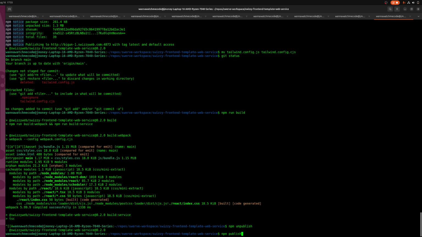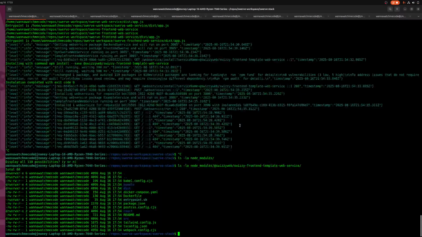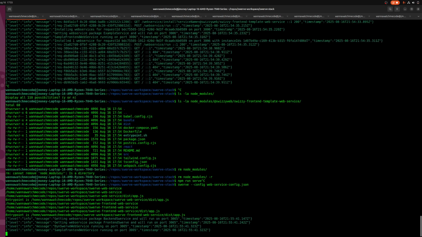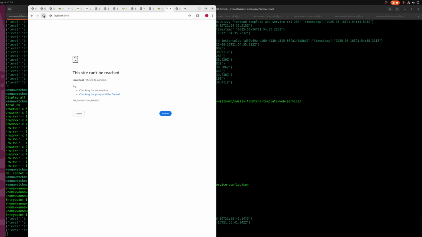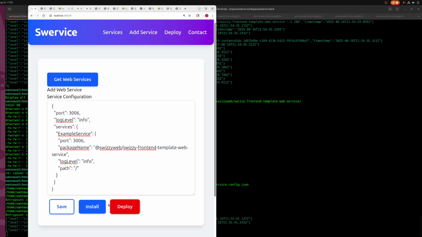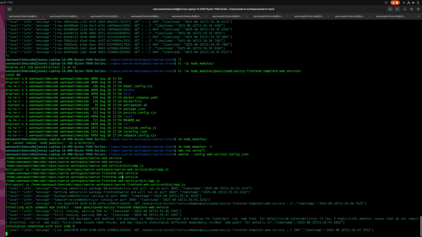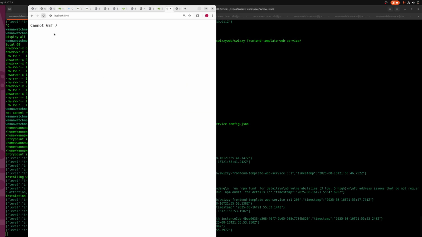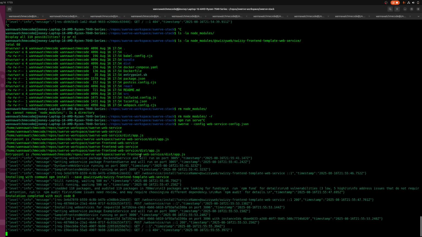Unpublish. npm on server or swerve shouldn't be there. Install. There's no way. It's definitely cached. Add 118 packages. Deploy. Oh my gosh. Post web service wrong. Get 404. What the